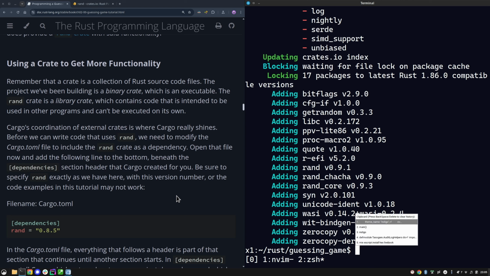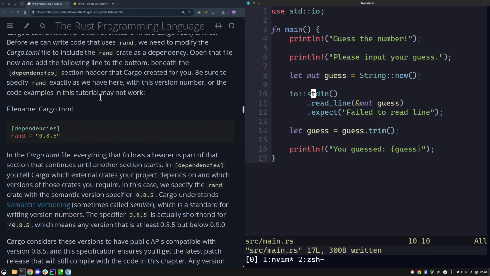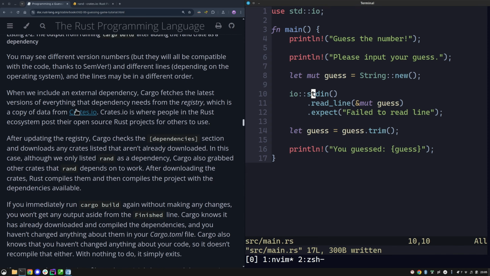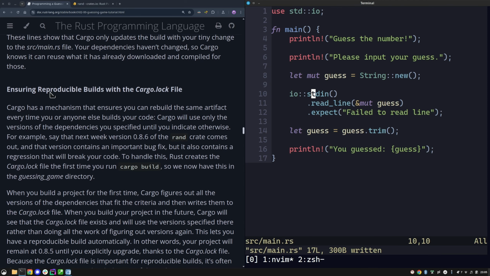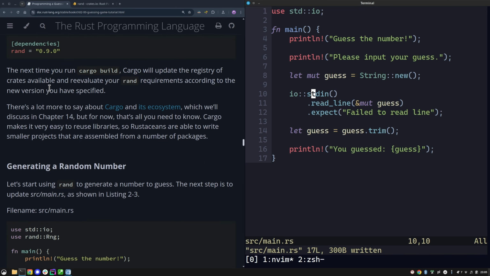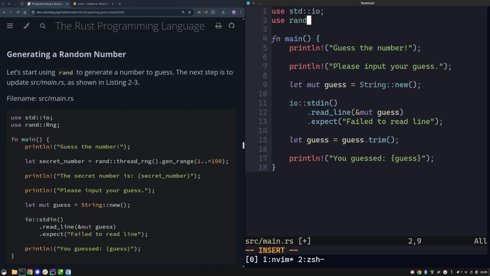So we installed the crate, and we can now generate a random number. Okay, so use rand RNG,